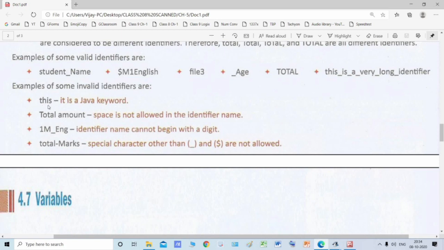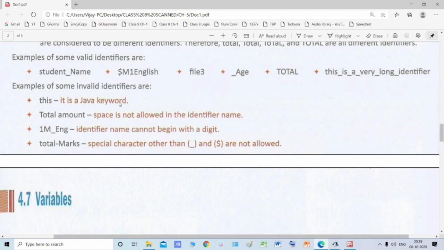For example, this is written over here. See, this, then underscore is written, and then all the other things are also written, but over here this is written. So see why you cannot use this, because this is a Java keyword. Now there are a total of some 50 keywords in Java. One by one you will learn them, so you cannot use this keyword.